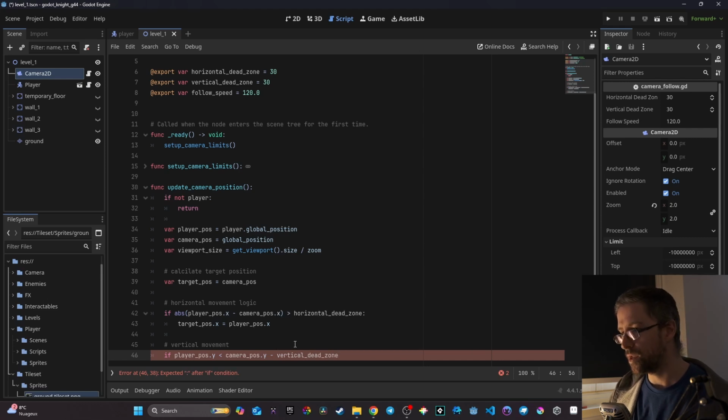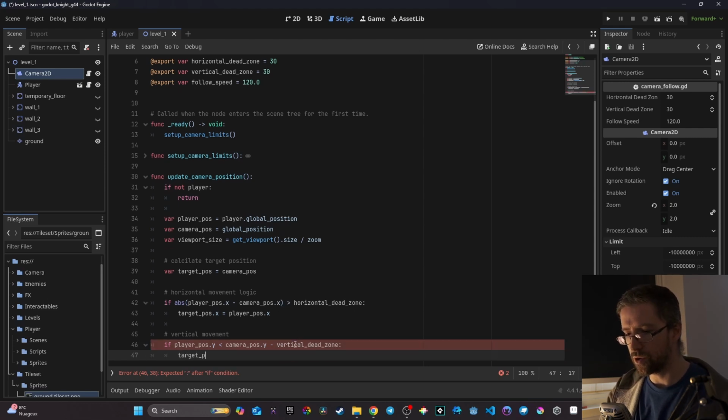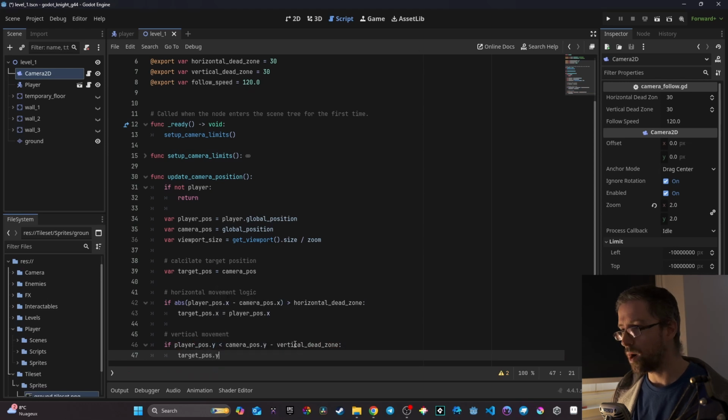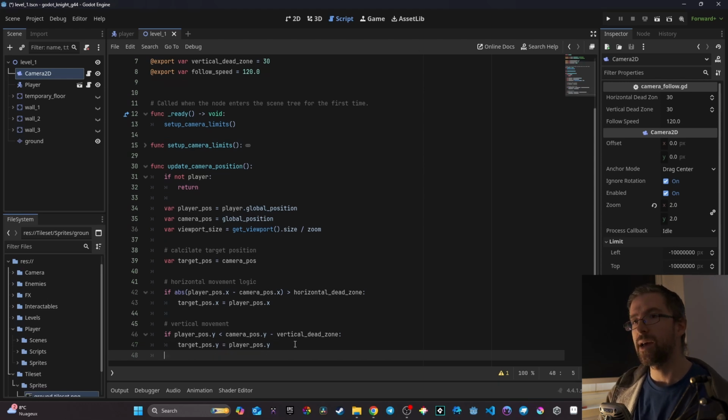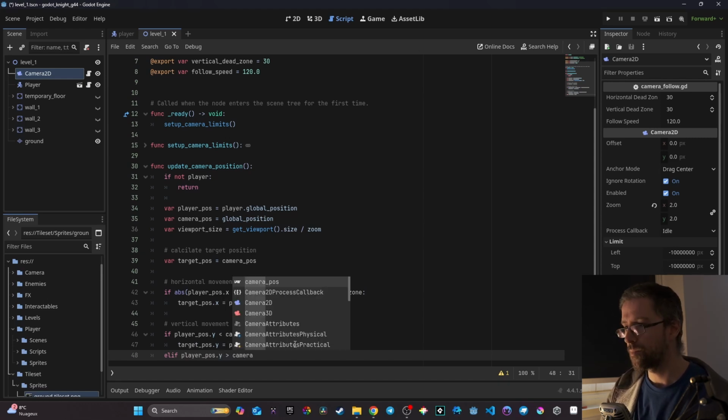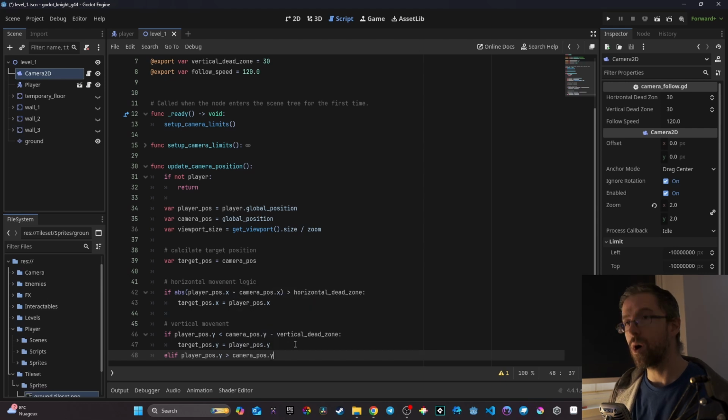Then here we need to say that our target_pose.y is equal to player_pose.y. Voila, that's good. And if player_pose.y is greater than our camera_pose.y, then plus our vertical dead zone,